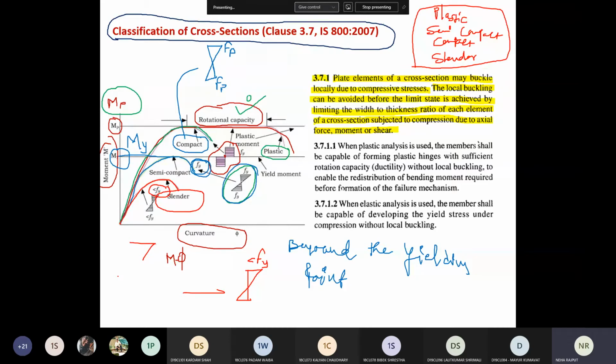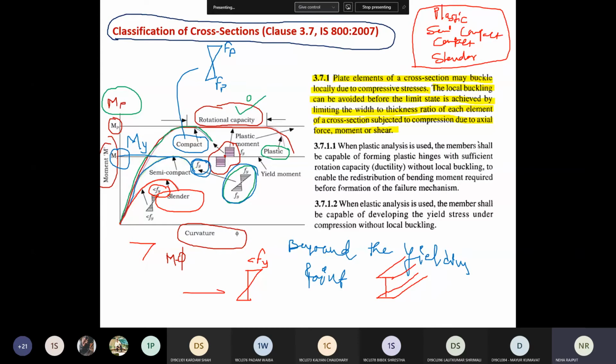Local buckling is a failure of the member, but the whole member will not fail. Say for example you have an I section, तो ये पूरा member fail नहीं होगा. Your member will not fail, but part of the member will fail.